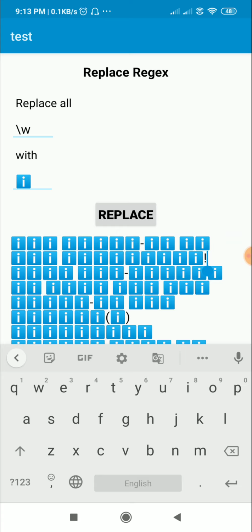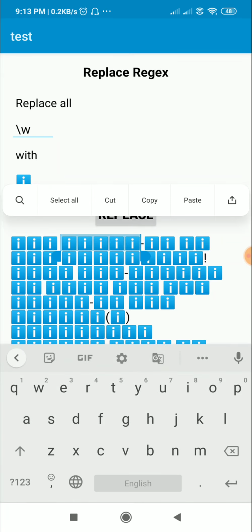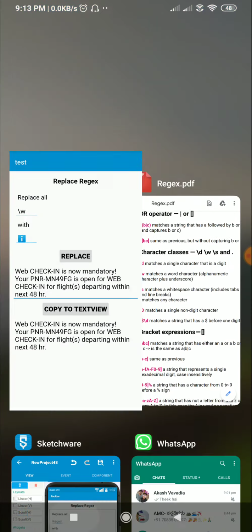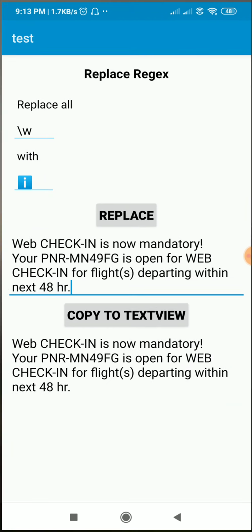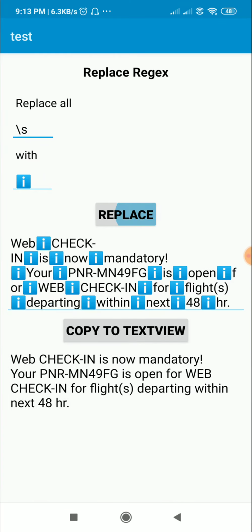Okay, all the letters and the digits have been replaced. Okay, next is \s. It matches a white space character. So if I use \s, it will replace all the white spaces. Here you can see it has replaced all white spaces.